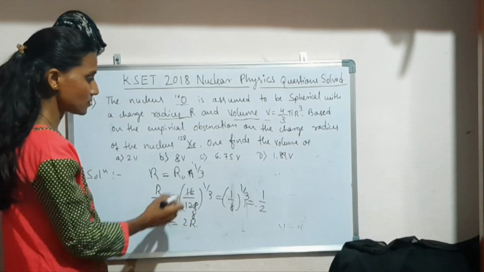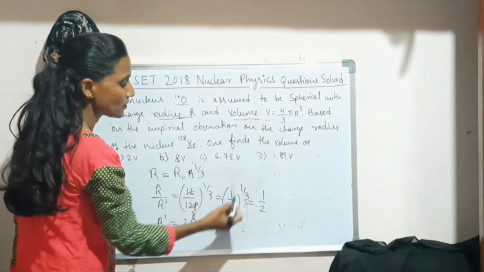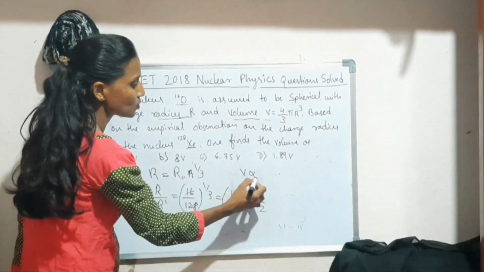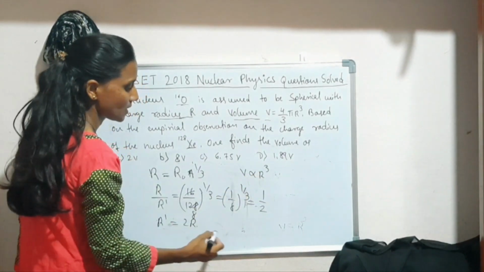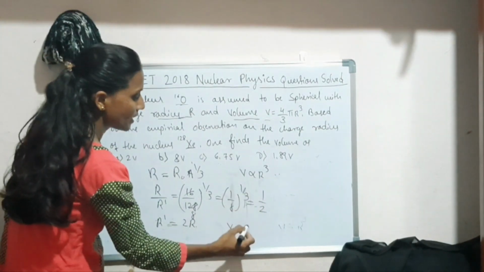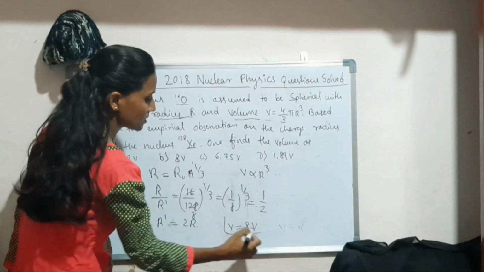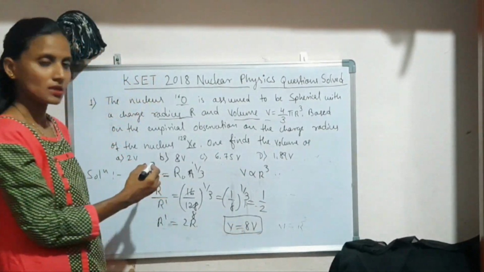If radius of xenon is twice of radius of oxygen, then what will be the volume? The equation has been given. Volume is proportional to what? R cube. So volume of this xenon is equal to 8 times volume of oxygen. So the correct answer here is